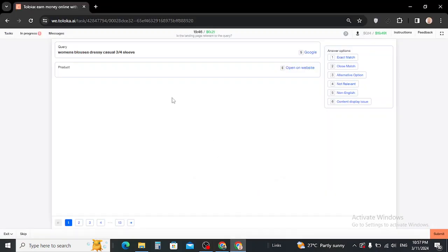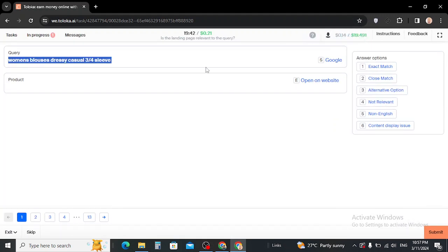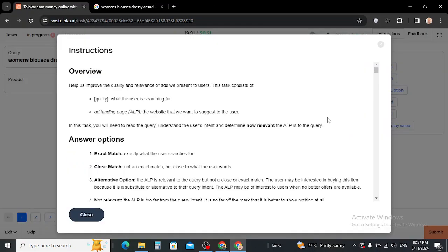Guys, this is the third one in the English series. So let's try to explore the query. Okay, women blouses dressy casual 3 by 4 sleeves. Okay, this query is about dresses, so be aware of the fact that it will